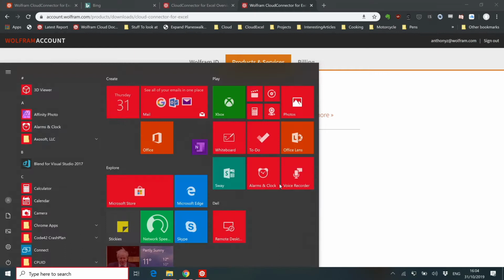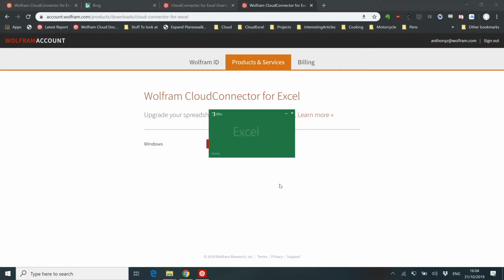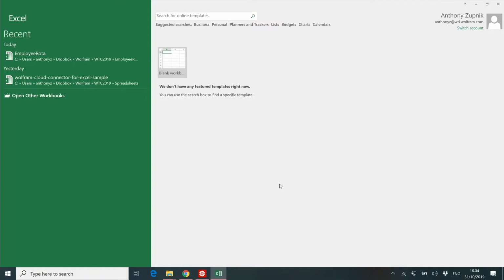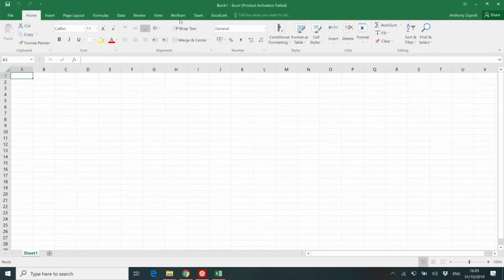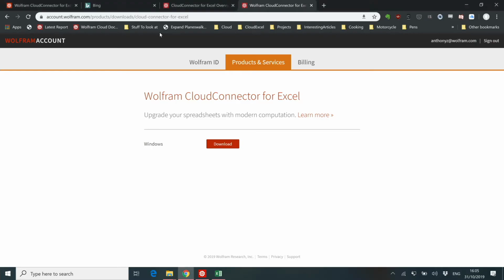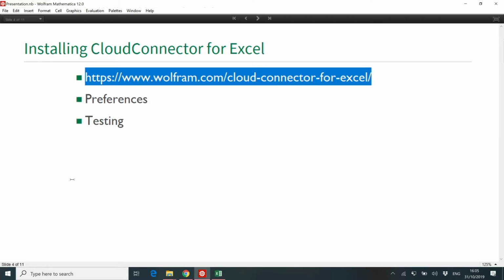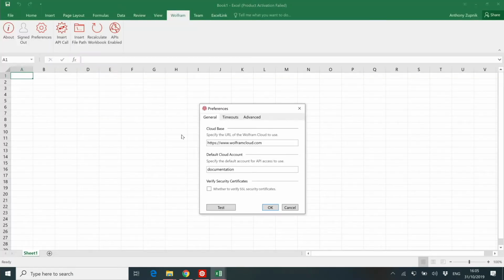And so now we can fire up Excel. I should get a license for Excel. I do have one, by the way. So let's have a look. I want to change my preferences. This will work straight out of the box like this, but one of the preferences I change is the default cloud account, which is the account from which you are calling your APIs. You don't have to set this. This is just a convenience. So I can set it to my account, which is